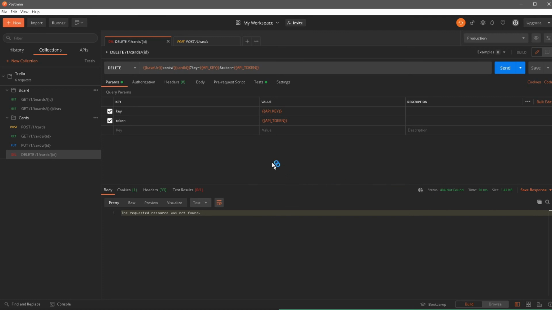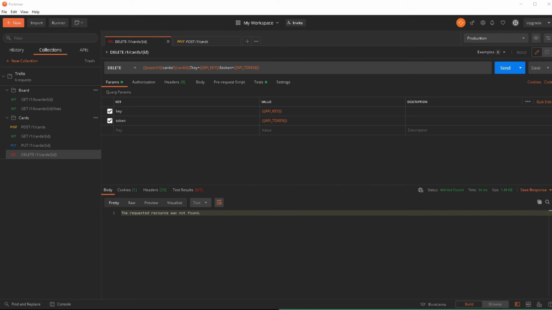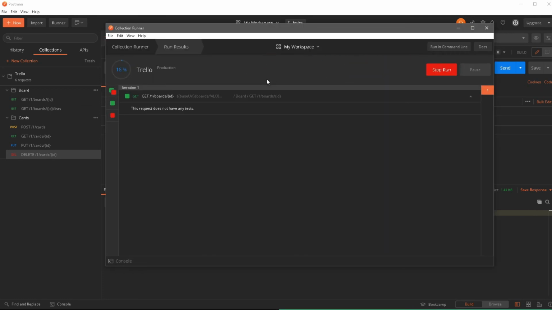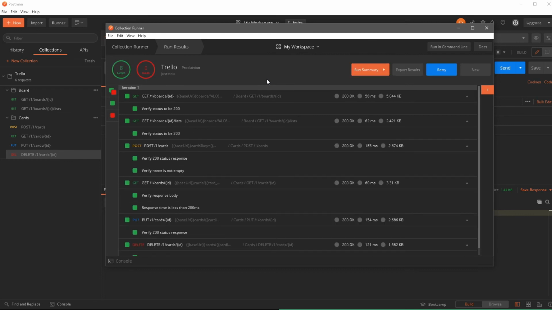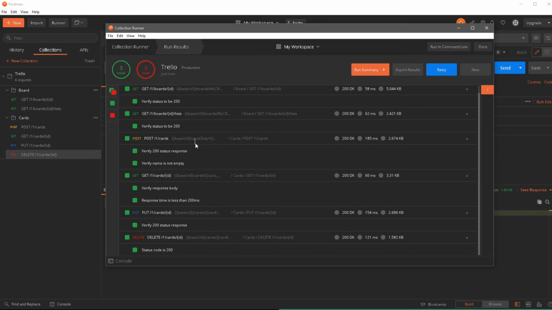We got 4 of 4. Okay, well, let's run the thing again. Let's do retry and see if this would fail. No, it didn't. This time it passed. The reason for that is because now every time the put and delete ID is only picking up this new card ID that we created. So even if I delete this here, it doesn't matter because by the time it's running again, it's creating this card and then only we are actually picking it up.